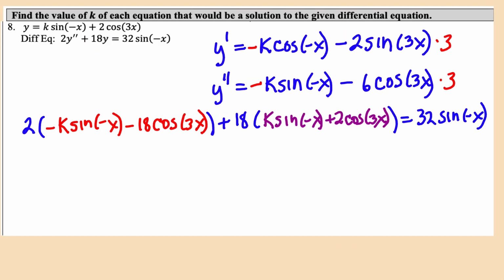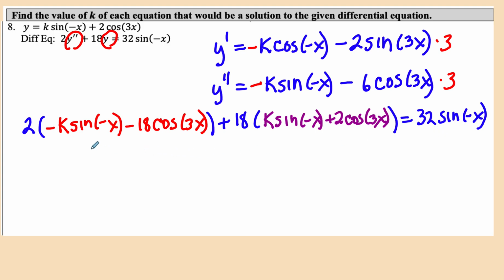Let's do that one more time. I have the function and I have the differential equation at the second derivative. So I'm going to find the derivative of this again. I found the derivative. Don't forget the chain rule in both cases. I'm going to take the second derivative. Don't forget the chain rule in both cases. And again, I am going to put the second derivative right in here. So that's what I have over here, 2 times the second derivative plus 18. And I'm going to take my y, and I'm going to put it in here, parentheses,